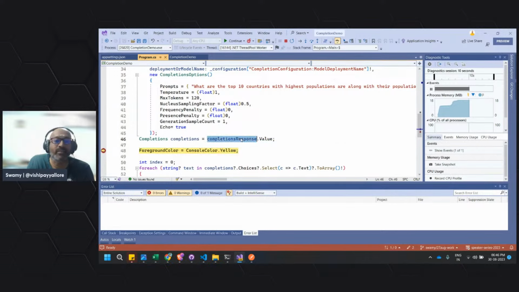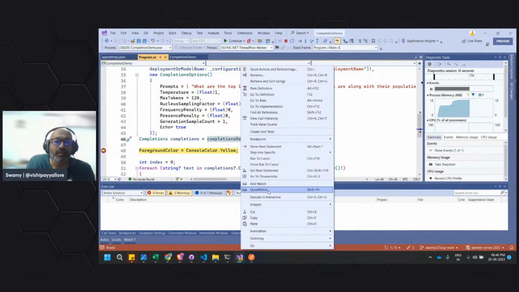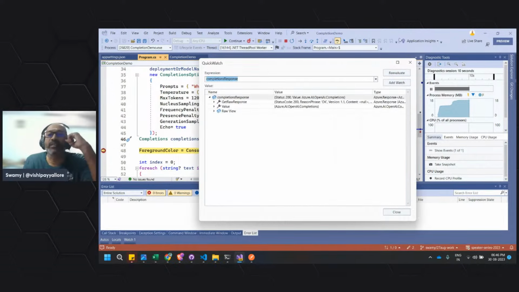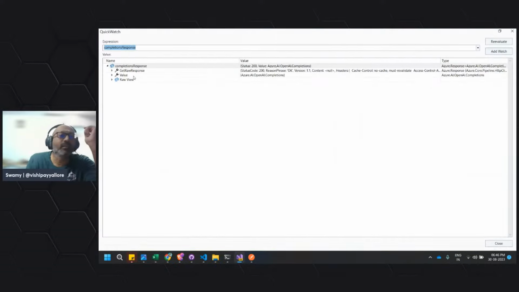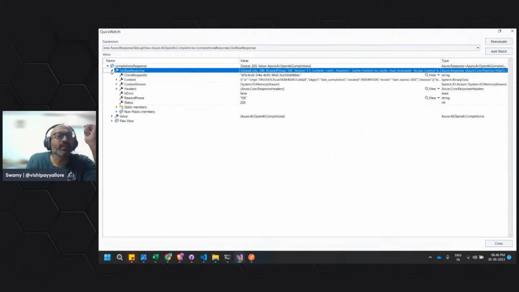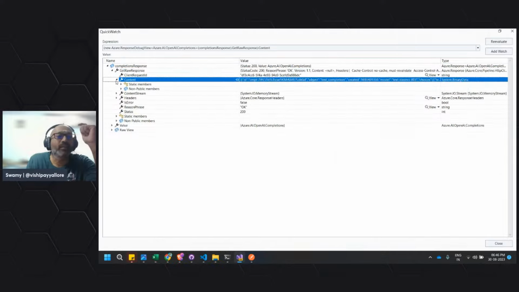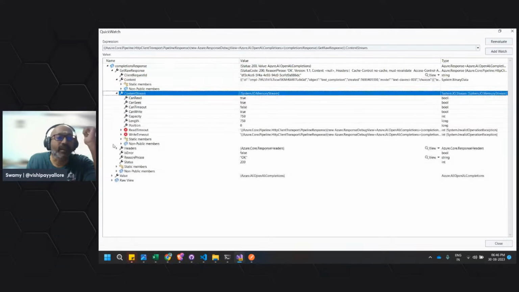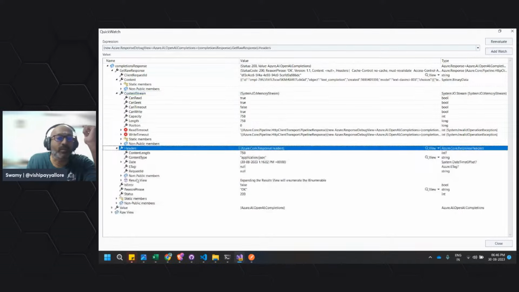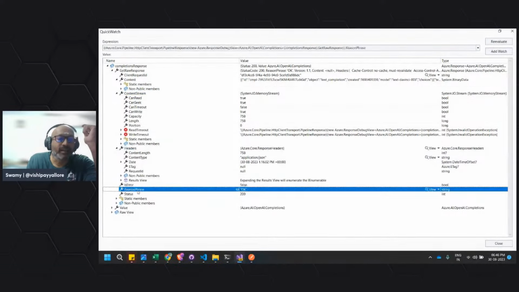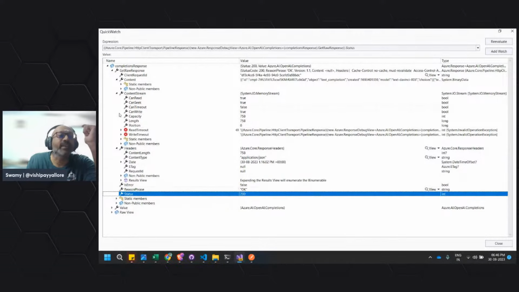I'll flash it in the quick watch. You can see that you have the get raw response, and you see the content stream, and the content is here, and you can see the headers which are being written, and is error, reason phrase, and status.